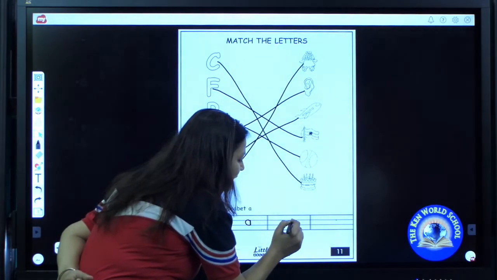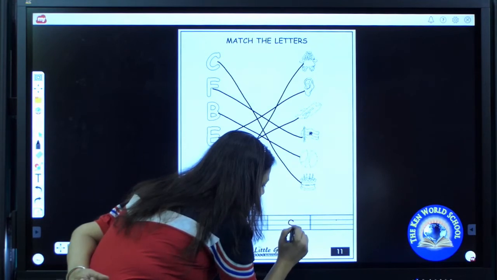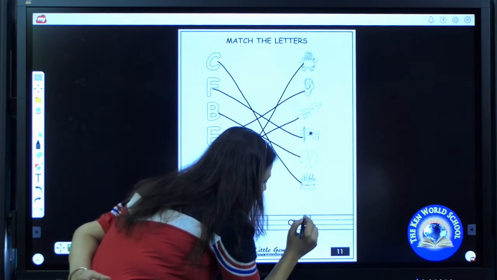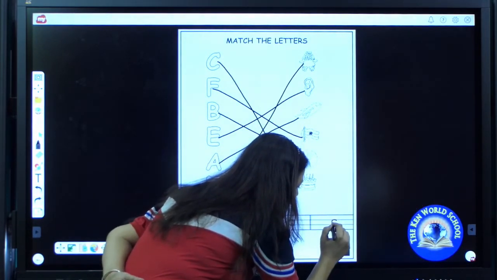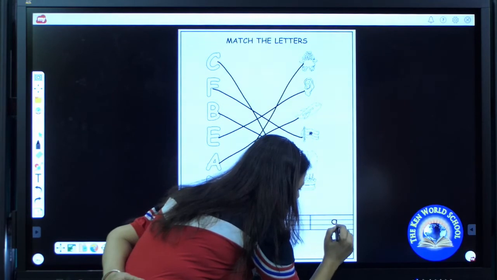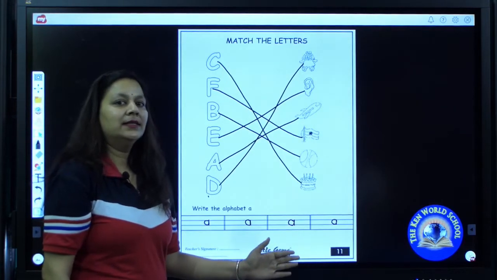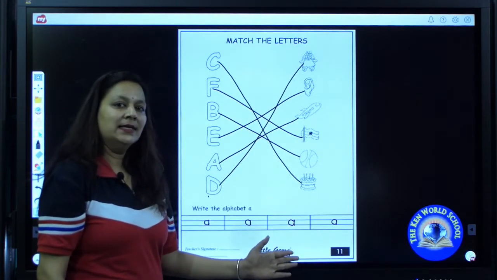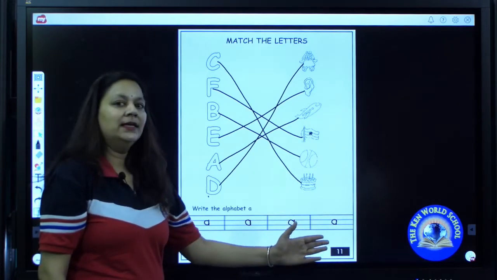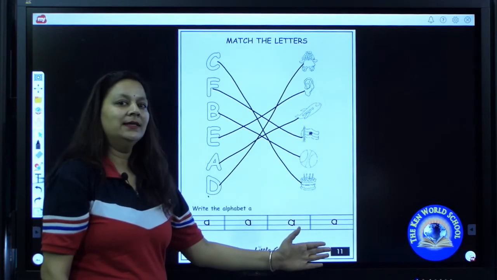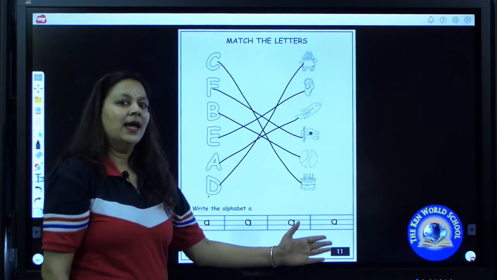We will start A from the middle line, make a curve till baseline, go up to down, standing line. A. We will make a curve up to down, standing line. A says a. A as in ant. A says a. A as in X.